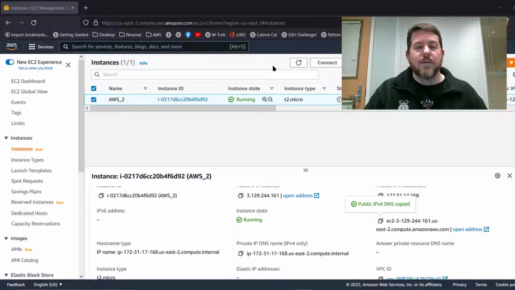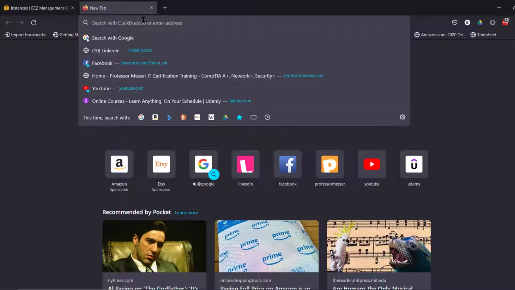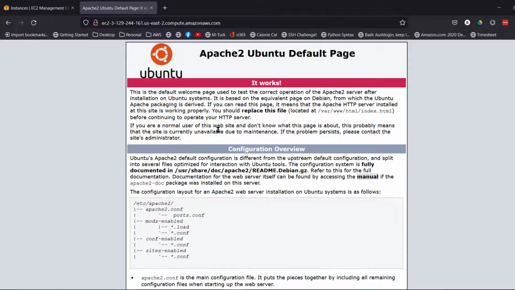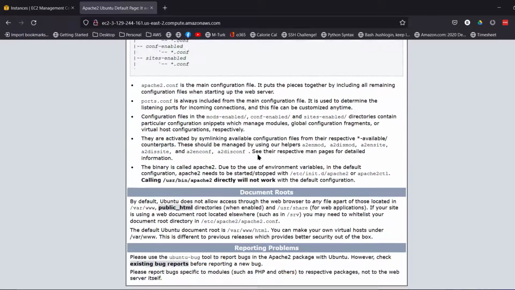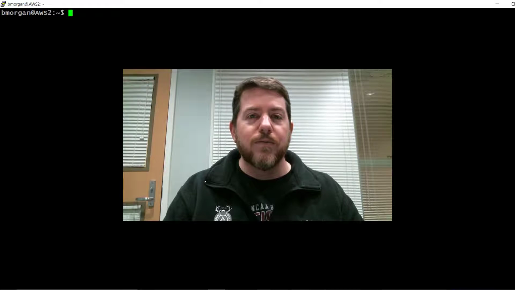Now your regular Amazon server is a web server, and we can test that by going to your Amazon instance page. Go to your instance page, copy the public IPv4 address, go to a new tab, open a search box, and paste it in and go. And you have a web page for your Amazon server now. Installing Apache is pretty simple. You just pull it from the app install database.